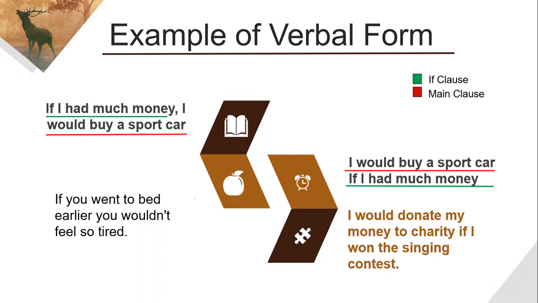So for example, I would donate my money to charity if I won the singing contest. Faktanya apa? What is the fact here? I did not win the singing contest, sir. I do not win the singing contest,